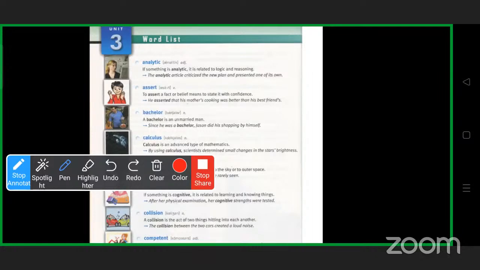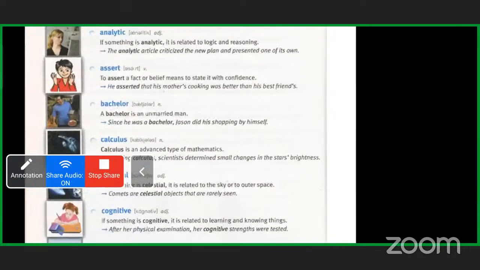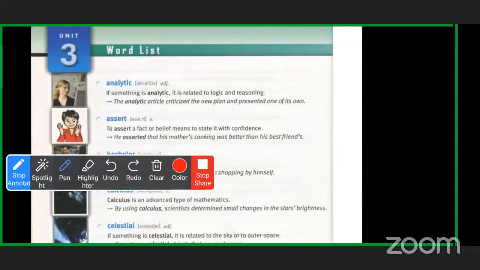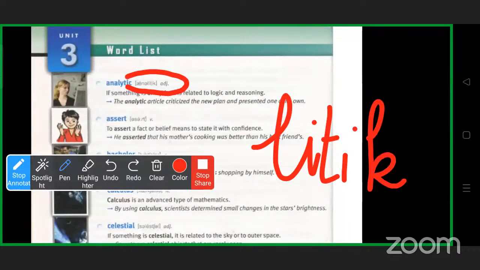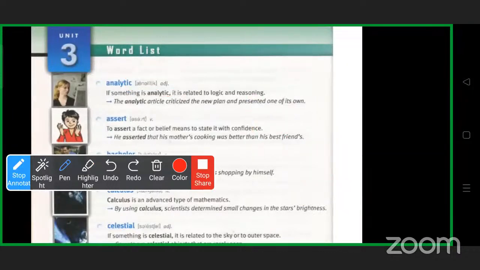an analytic person. Let me just zoom it in so that I can make you aware of the sentence and even the pronunciation more. It's analytic, lytic. So lytic is like this. Pronunciation is very easy in this case. That's an adjective. An adjective is a word which can be added to a noun or pronoun to say something more about it. So analytic would be used when the person is quite logical, known for his scientific approach towards something.